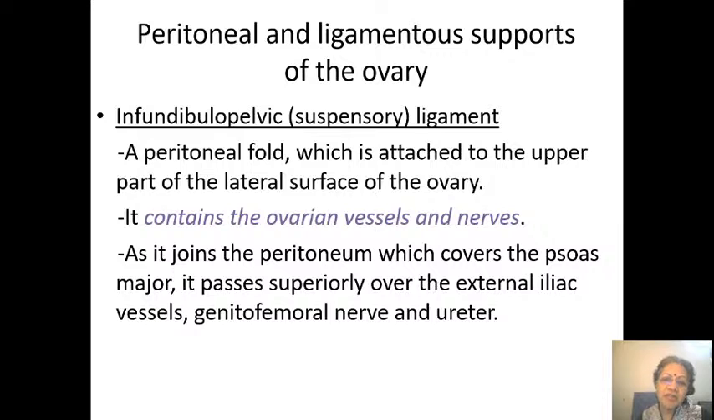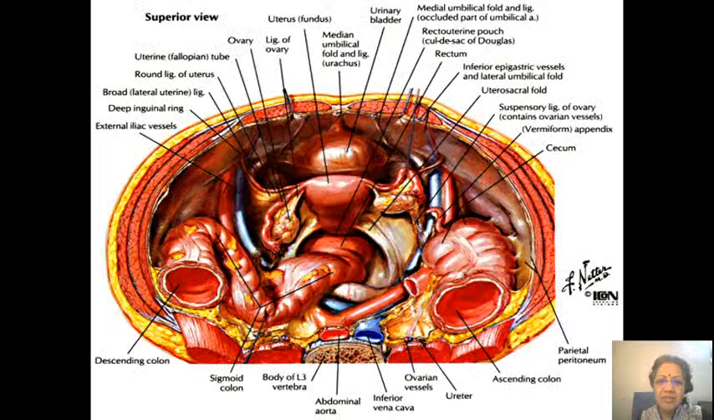to upper part of lateral surface, which contains the ovarian vessels and nerves. So can we see that? You see some vessels coming in here, right? This is a fallopian tube. You see the vessels are coming in from the lateral wall. So suspensory ligament of ovary containing the ovarian vessels is,